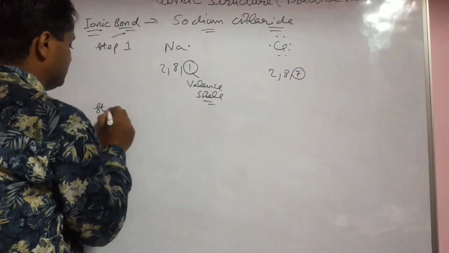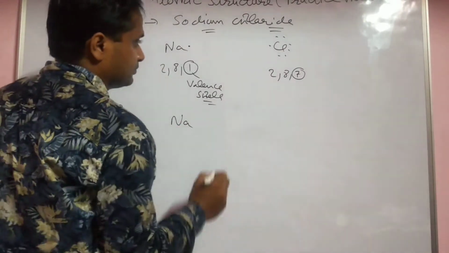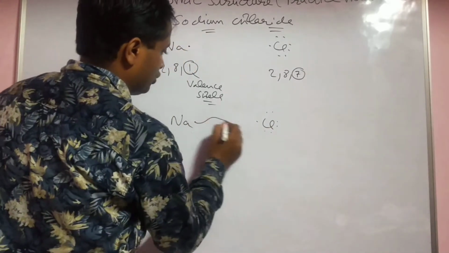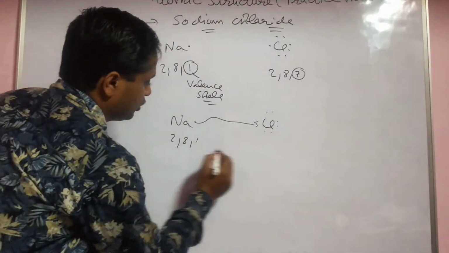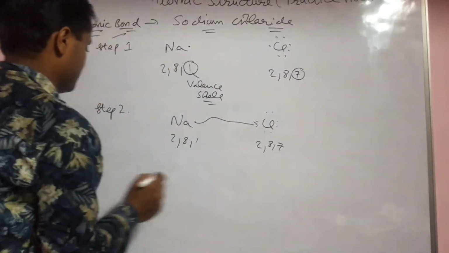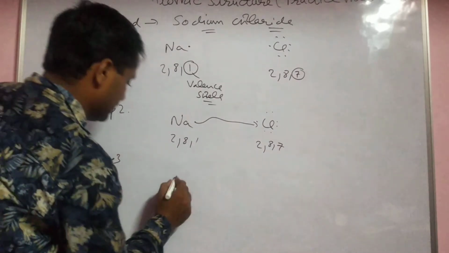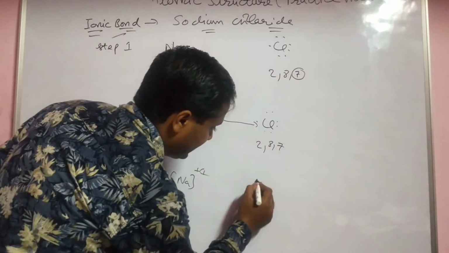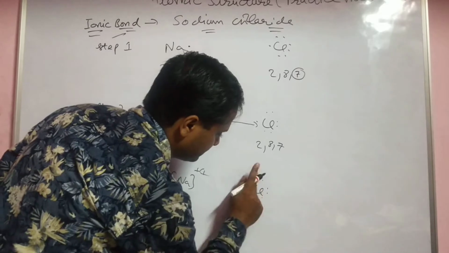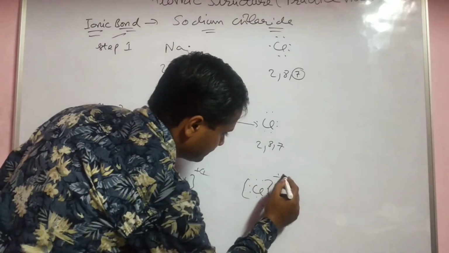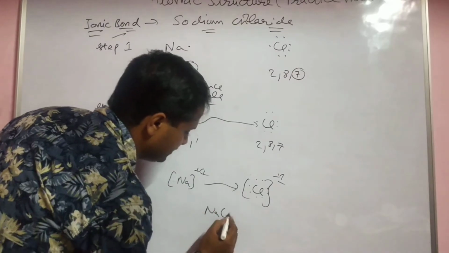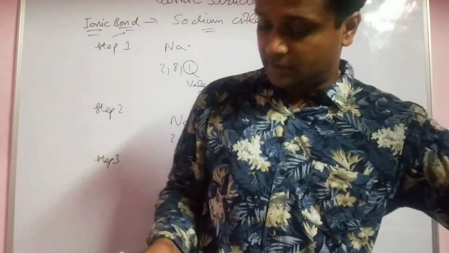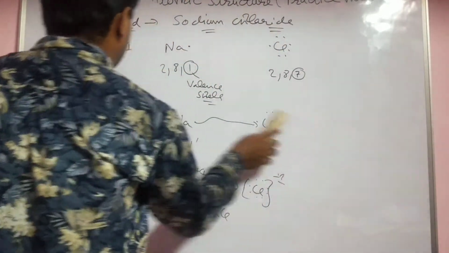In the second step, sodium loses 1 electron to the chlorine. And in the last step, the charge will come. No electron on the sodium in the valence shell, and chlorine here has 8 electrons complete in the valence shell. Due to positive-negative attraction, it forms NaCl. If you want to draw in the form of circles, it is very easy. Circular form, yes, in the form of shells. This is the Lewis structure.